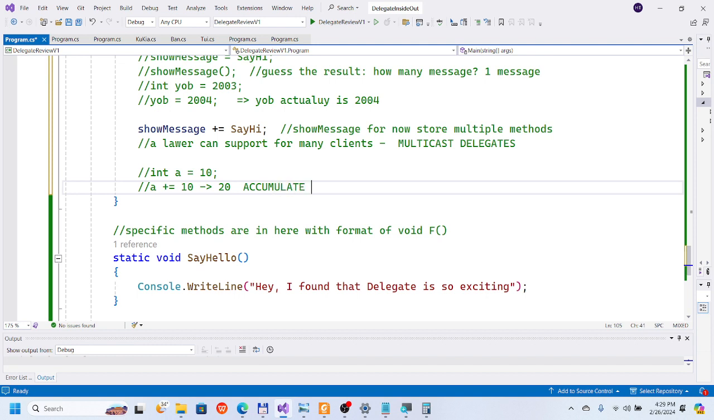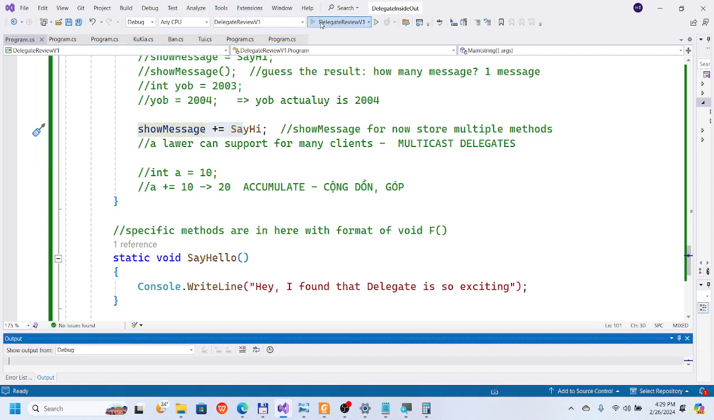Accumulate. Cộng dồn. Góp. So remember this, and run it to check. For now we have